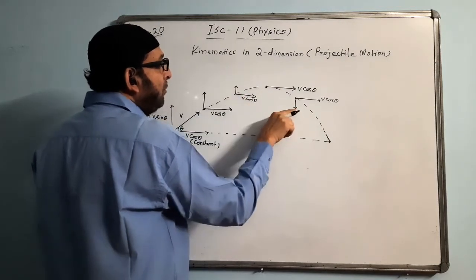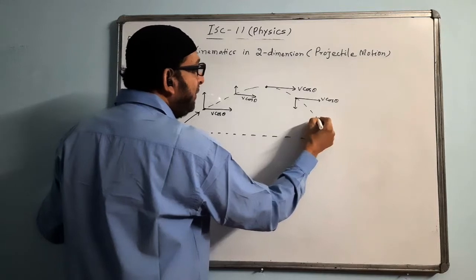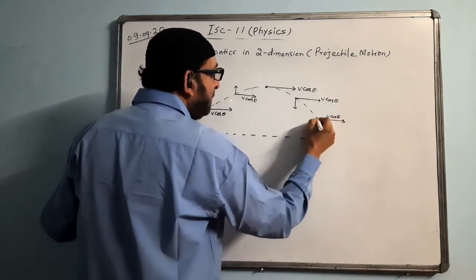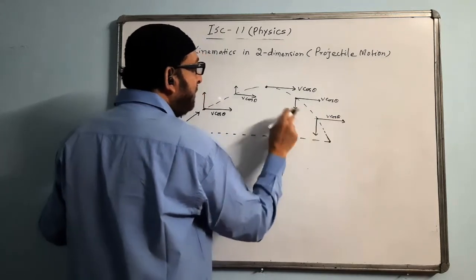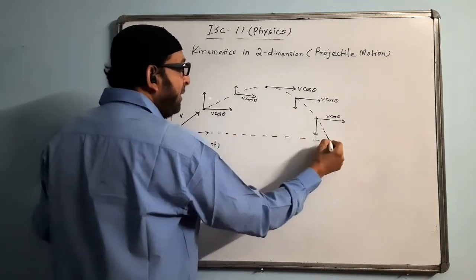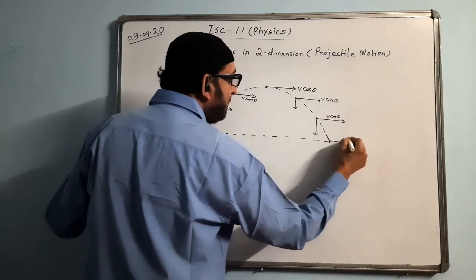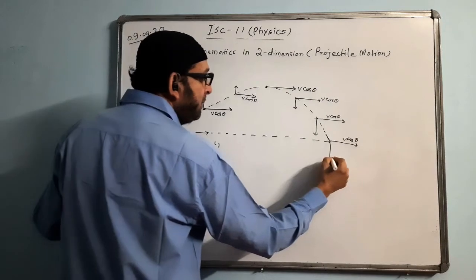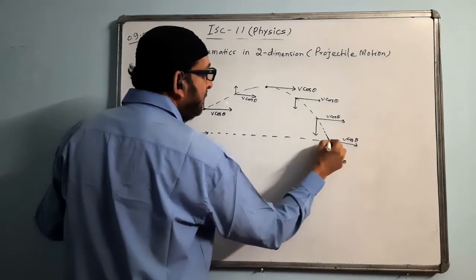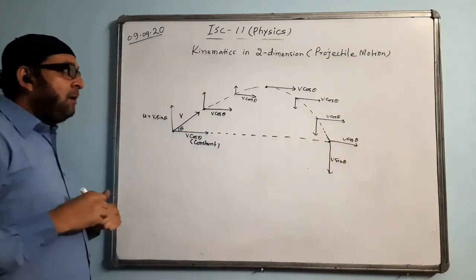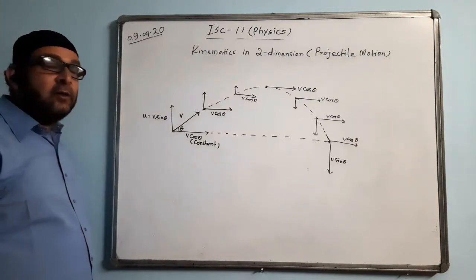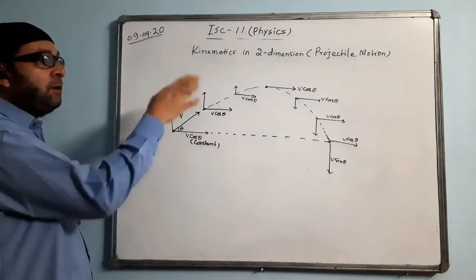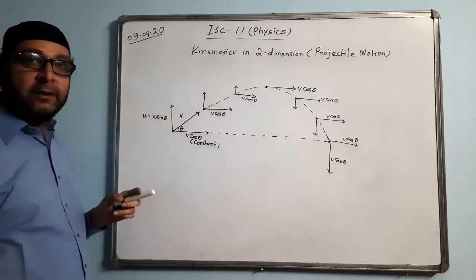This is upward, this will be downward. The horizontal component will be v cos theta, and the other value will keep on increasing, and out here at this point it will be the same v cos theta, whereas this component value will be the same as before, that means v sin theta. This is the same level. That means horizontal motion is a uniform motion, whereas vertical motion is a variable motion. When it goes up, it keeps on decreasing. When it comes down, it will keep on increasing.